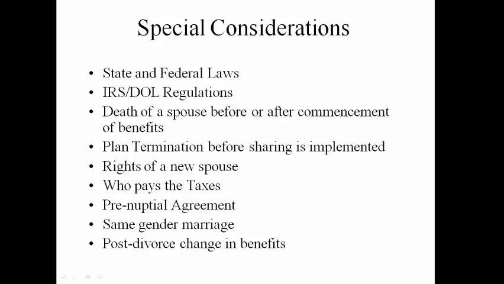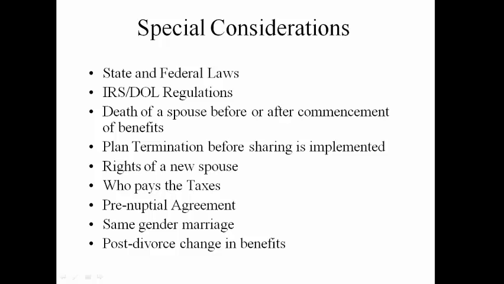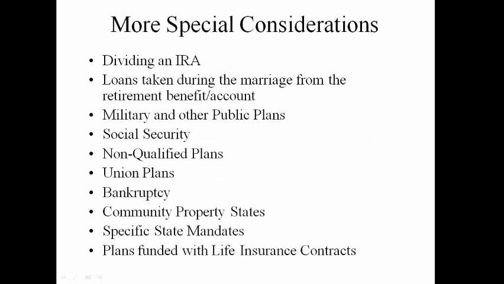And finally, some things could happen that would change the benefit that wasn't there at the time the order was written. For example, say a participant gets disabled after the divorce, and the disability benefit is greater than the retirement benefit. So here we have four things that could change the benefit payment to the participant spouse after the divorce takes place: compensation increases, plan changes, cost of living adjustments, and an occurrence such as disability, which will change the benefit structure.